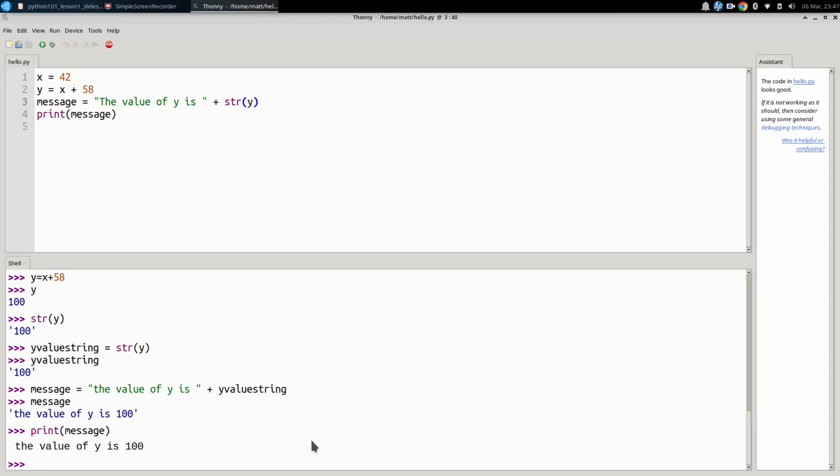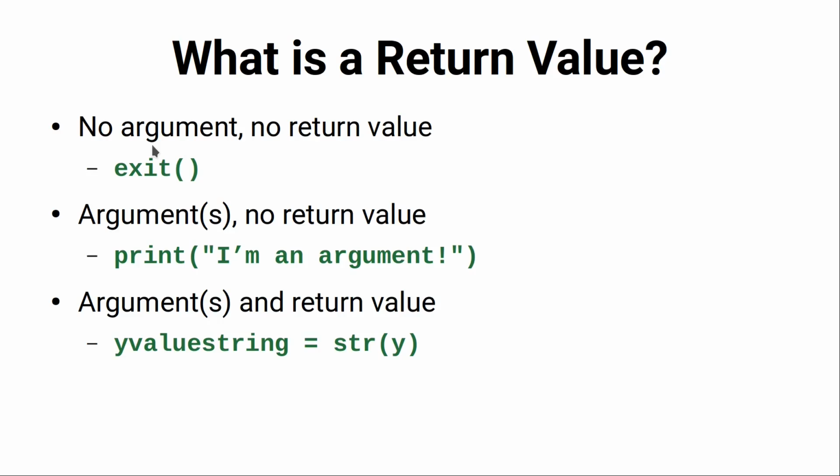Okay, let's go back and review. So functions can be just a simple command like exit with no arguments or return value. They can have arguments like print that do something but don't return a value. They can have both arguments and return values like str that does something with an argument, in this case takes a number as an input and converts it to a string, which it returns. That return value can be used in an expression like adding it to another string to concatenate them into a longer string. Or you can just assign that return value to a variable and use it later, as we did